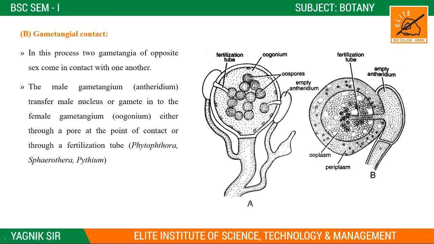In the center you can see this round portion, this structure is the oogonium, right? And the nearby one is the antheridium structure, antherozoids, antheridia, right? So these antheridium structures are near the oogonium, and after the fertilization tube is well developed, through this fertilization tube the antheridia move and pass to